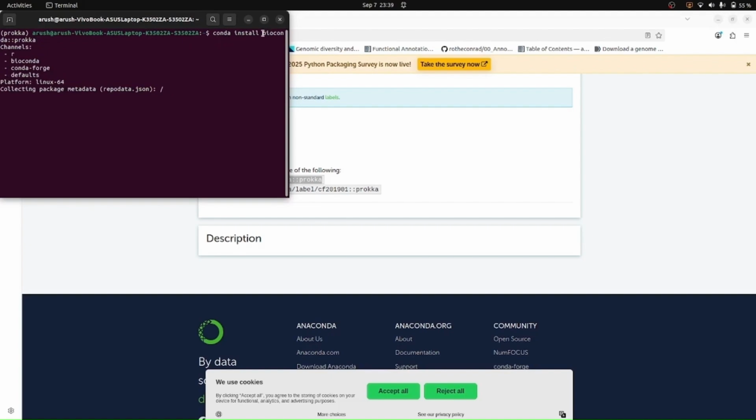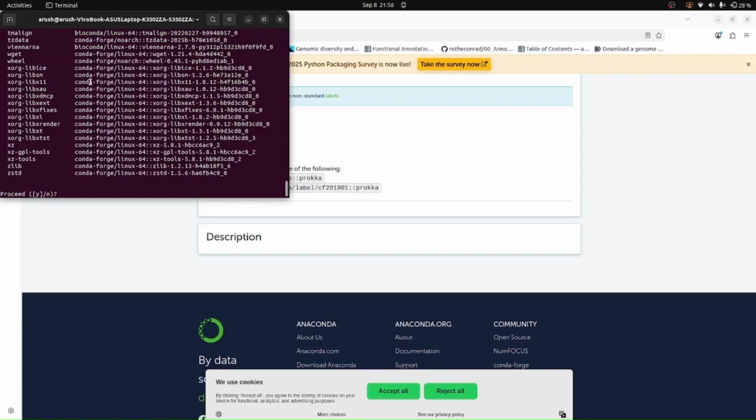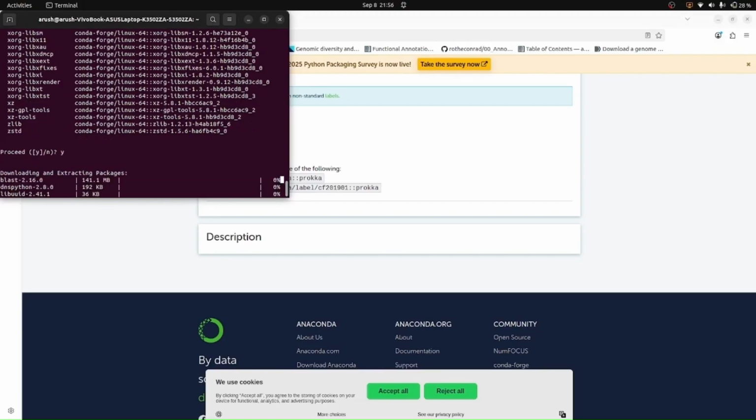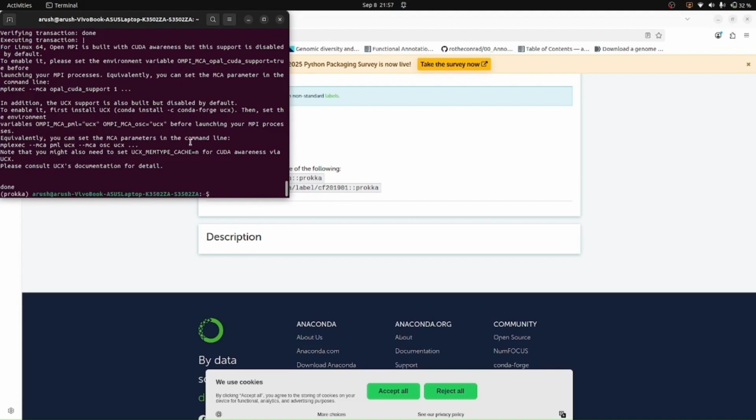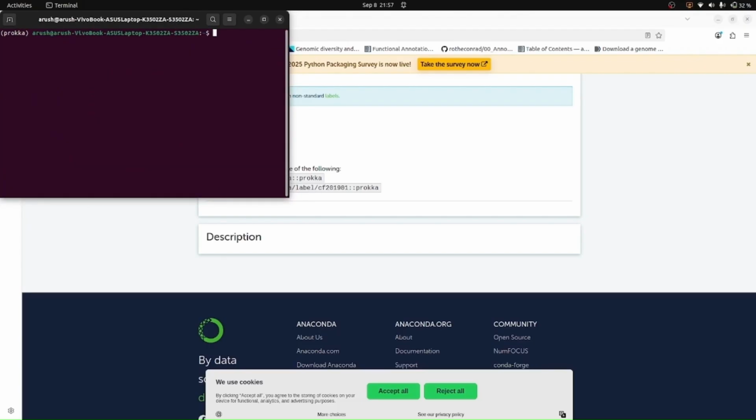As I mentioned earlier, it needs Bioconda, so make sure that you have the channel Bioconda for running Prokka. Press Y and click enter. So the required dependencies are being installed now. Now the installation of Prokka has been completed and we can check if the Prokka is installed correctly or not